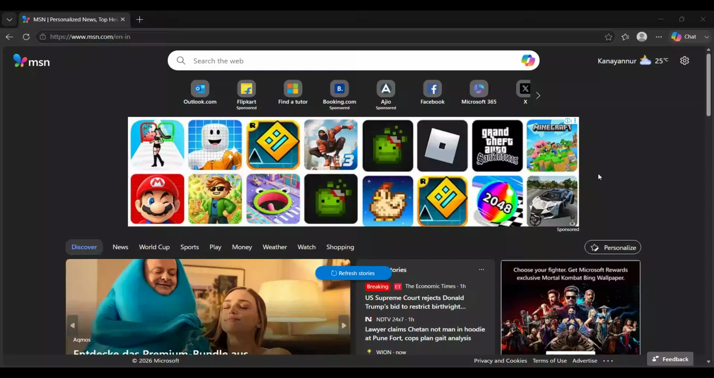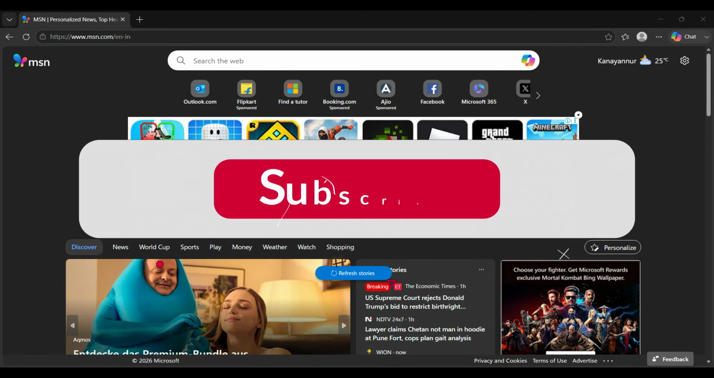Today I'm going to show you how to view MSN search activities in just a few simple steps. If you've ever wanted to check your recent searches, review your search activity insights, or see what Microsoft has recorded in your Bing history, this tutorial will walk you through the process clearly and safely. This is especially useful if you want to understand your search habits, manage your browsing privacy, or simply find something